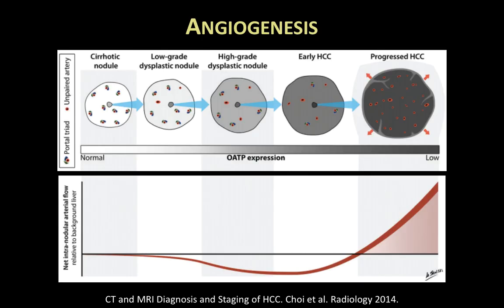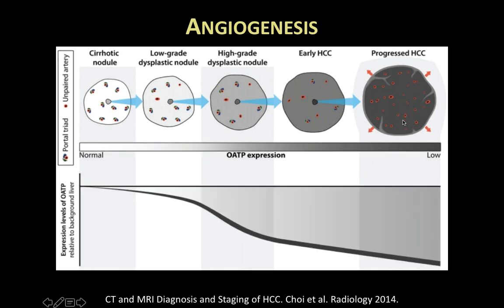This is the most important diagram. So we discussed this, right? That there are initially portal triads, then the unpaired hepatic artery starts developing, and the portal triads start diminishing while the unpaired arteries start increasing. Now, obviously, it is the ratio of the decrease in the portal triads versus increase in the unpaired arteries which leads to arterial hyperenhancement. Initially, the portal triads decrease much more significantly, and we actually see iso to hypoenhancement. And it's only in the progressed HCC stage where we start seeing arterial hyperenhancement. So once we see a hypervascular tumor, usually it's a pretty advanced stage.